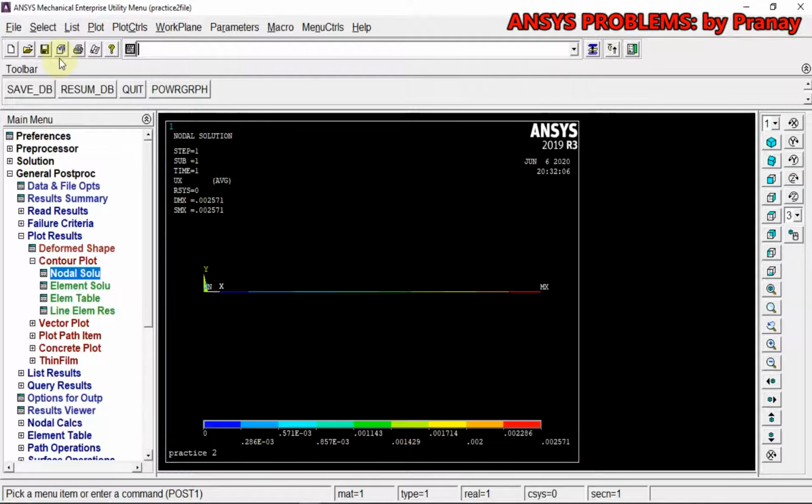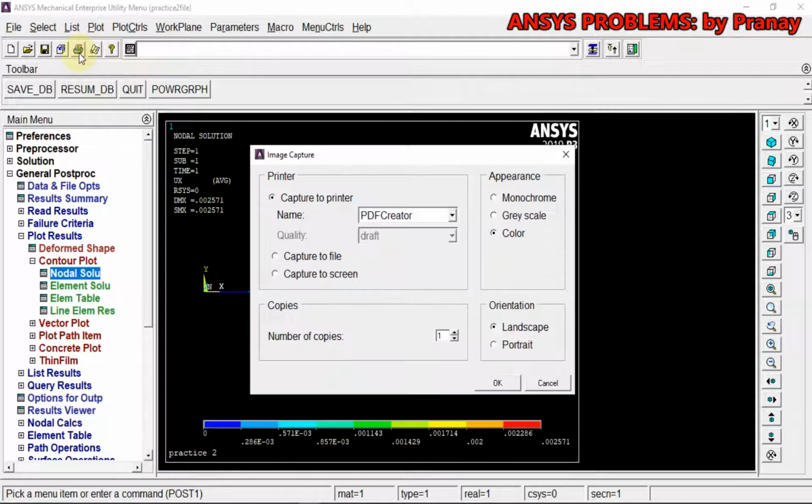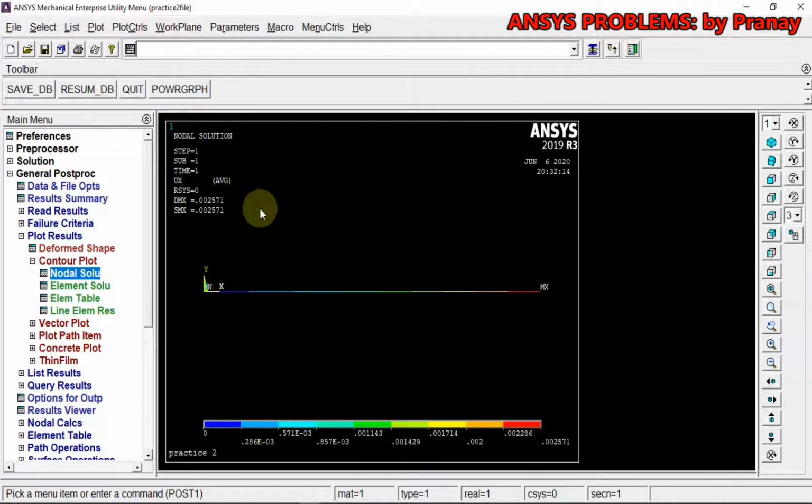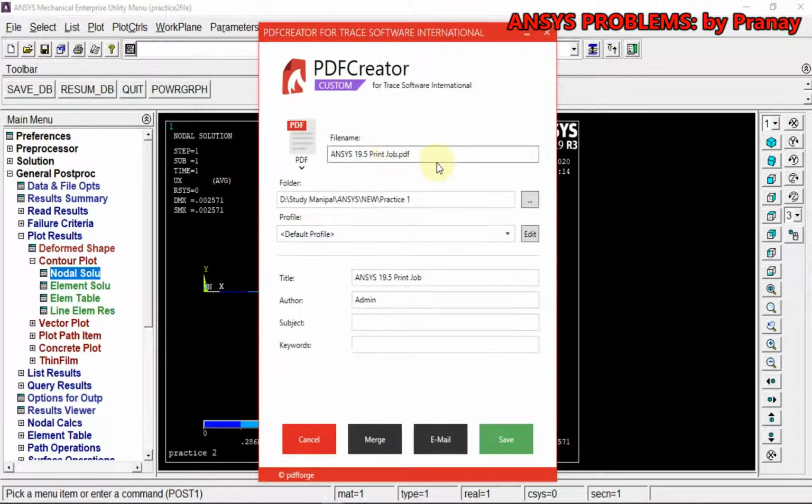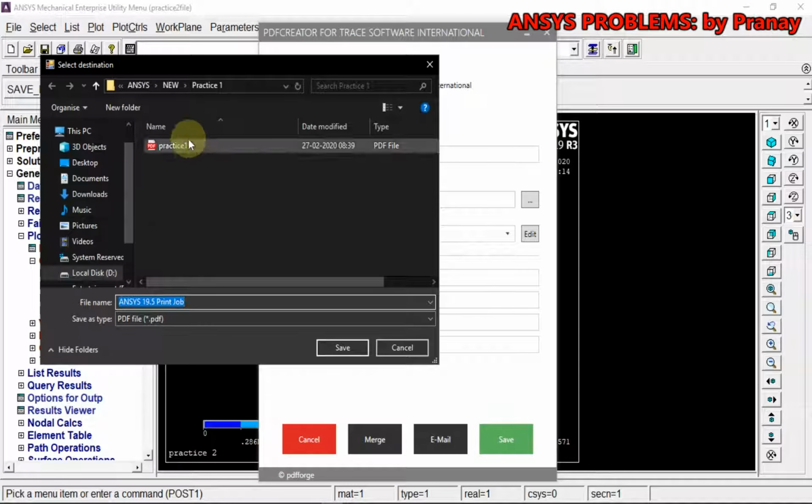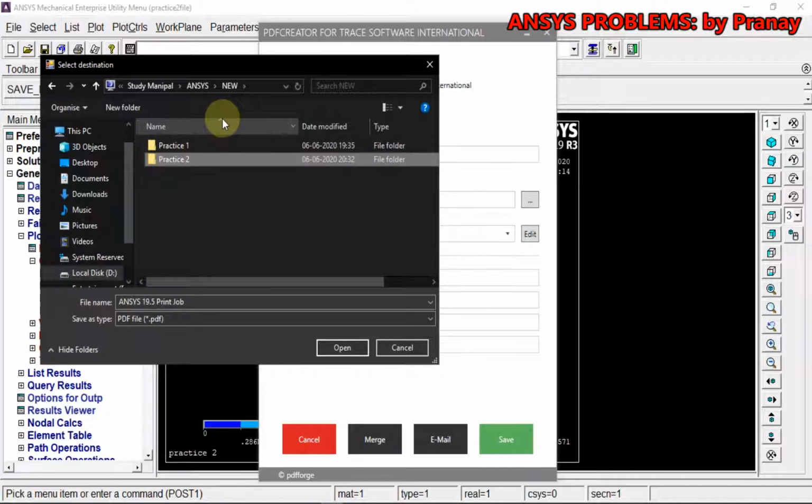In order to save it, just go for image capture. You can create a PDF out of it. So I have this software basically, and just make a folder every time you want to save it. This is the proper way of organizing your stuff.